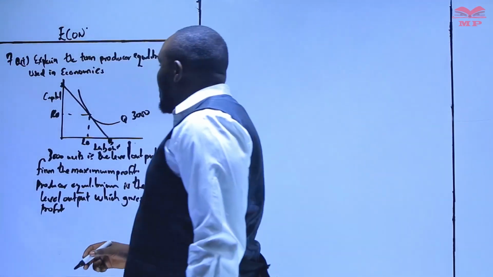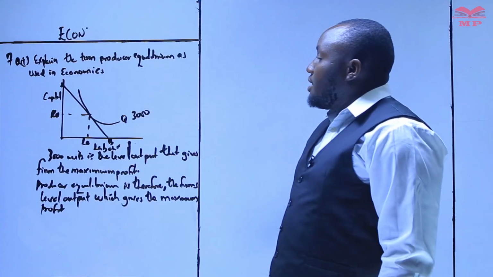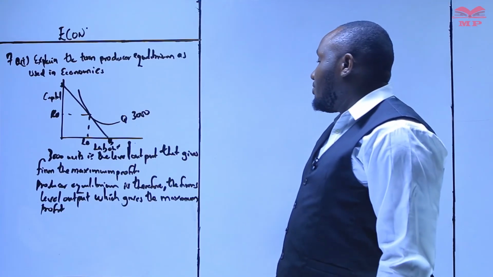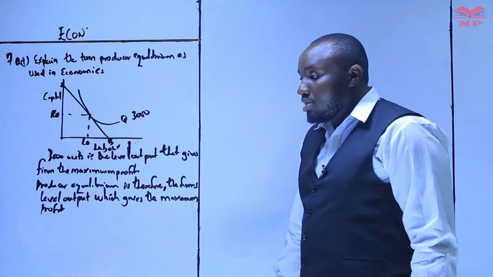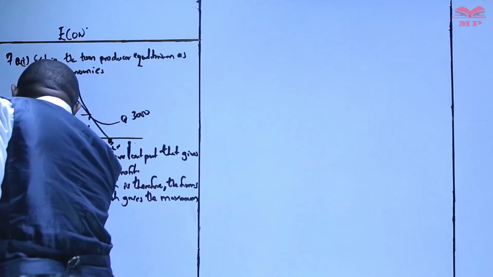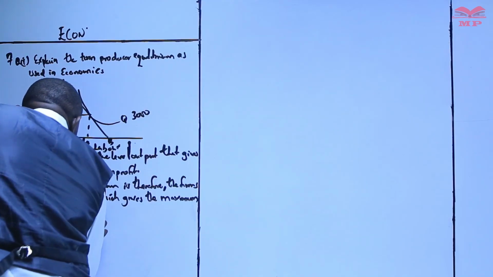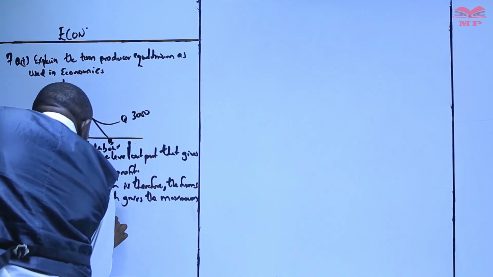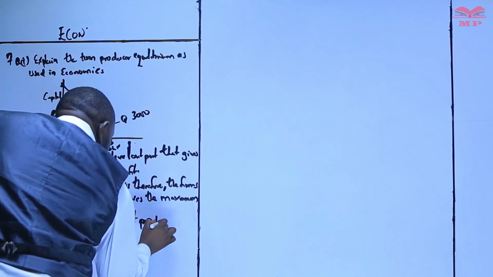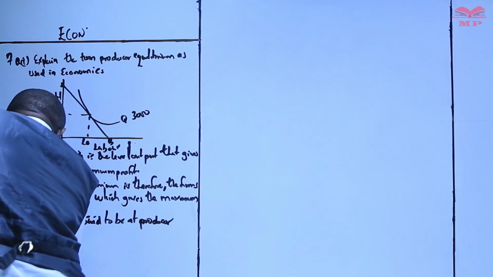And as you can see from the diagram, AB is an isocost line, and then we have Q as an isoquant. So 3,000 is the level of output that will give the maximum profit. A firm is said to be at producer equilibrium,